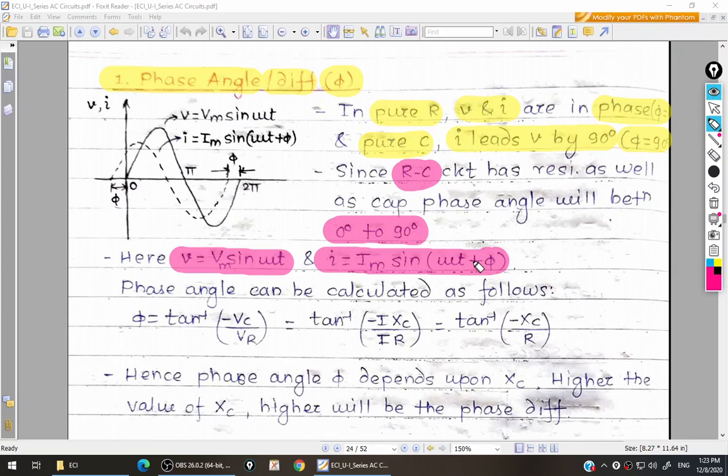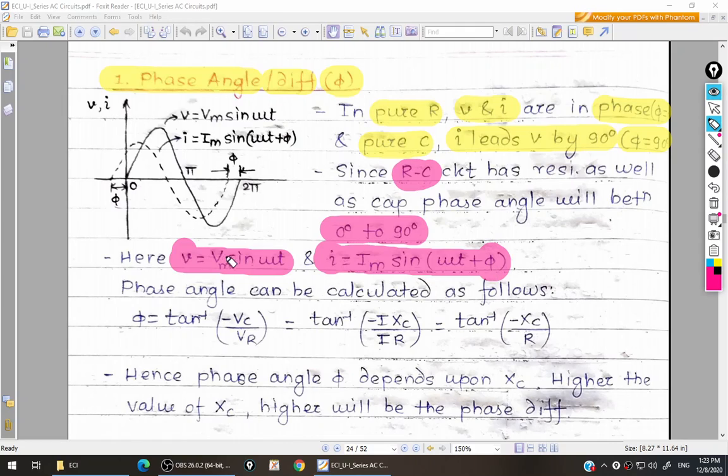So this plus indicates that current is leading with respect to voltage, and by how many degrees? It will be indicated by the value of phi. So the value of phi will be in between 0 and 90 degrees. So this phi can be anything in between 0 and 90 degrees. Now these are the mathematical equations for voltage and current. Now if you want to draw the phasor diagram,